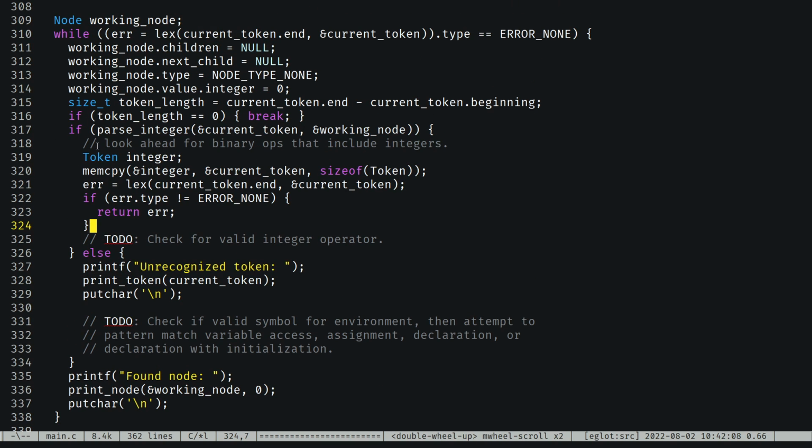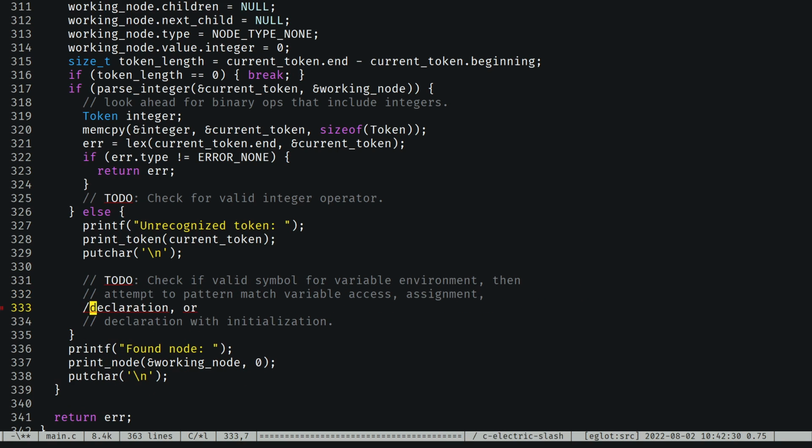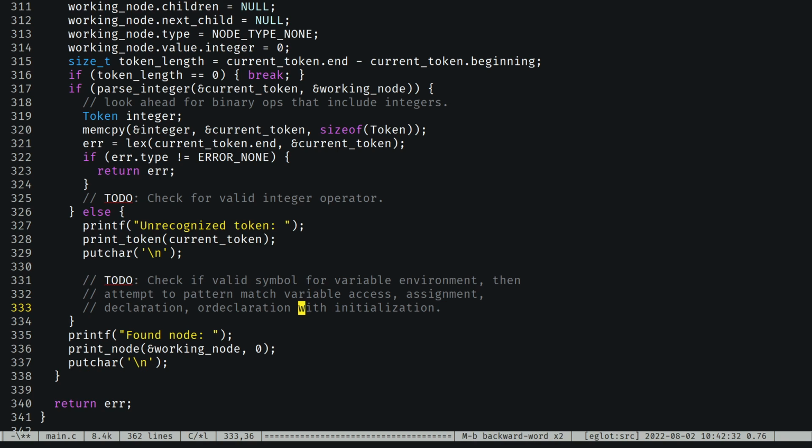So if it's not an integer, we're just going to go ahead and assume that it's something unrecognized. Check if valid symbol for variable environment. So we're going to have multiple types of environments, I think, as this will allow for